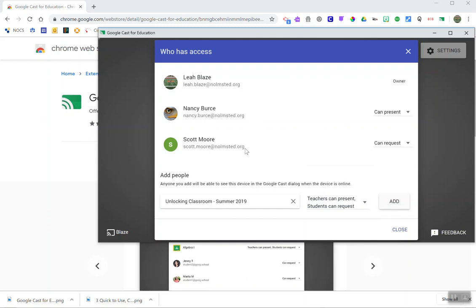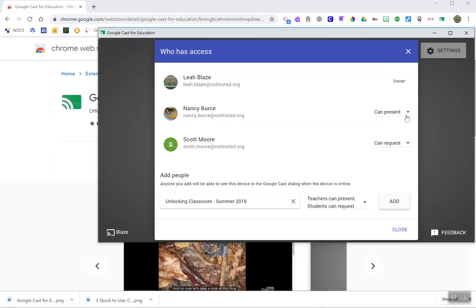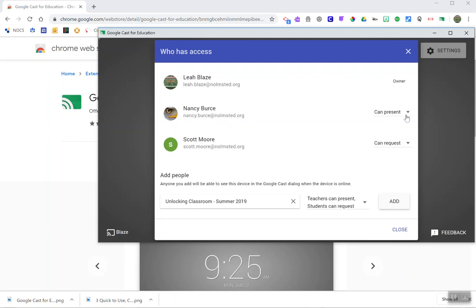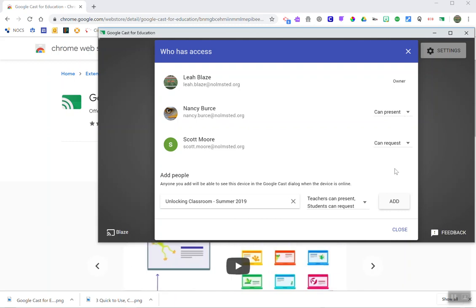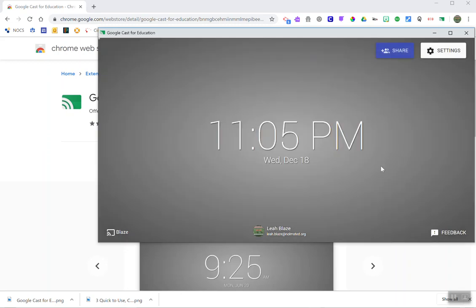And you'll see that I've added a couple of people here just to kind of play around with it. I've got one set it can present, so they're kind of bypassing that feature of that request, whereas the other one is just going to need to request first, and I need to approve their screen share. So once I have whoever I want in there,